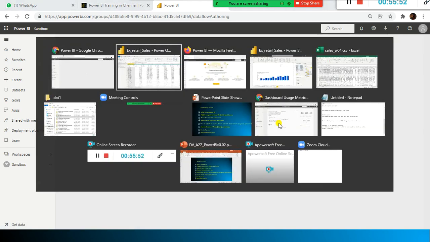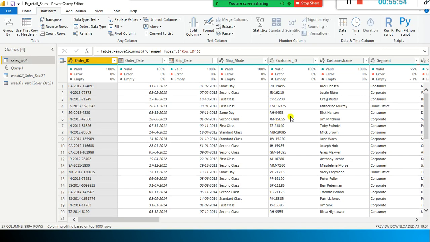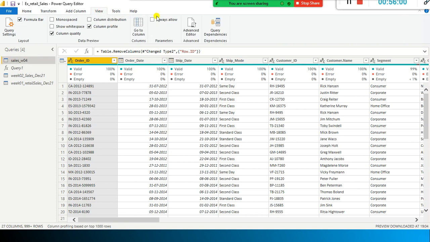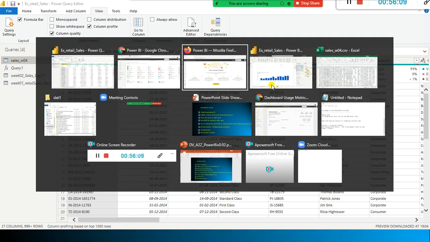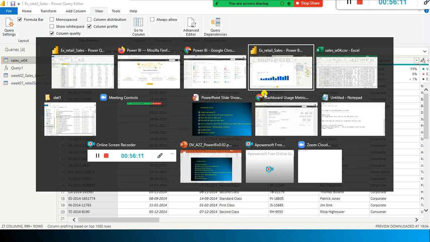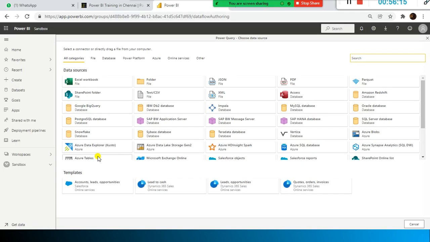The idea is very simple. I just copy and paste all this. For example, if I go to the view and advanced editor, or simply I just select it, copy it, and paste it there. Yeah, I can paste it here.